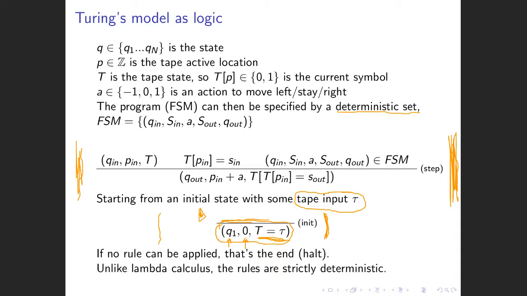So we don't have to go and prove something like a Church-Rosser theorem, because it's only ever going to go one way. And we don't have to worry about how to implement it. We don't have to make those decisions about call by name versus call by value. So you won't often see a Turing machine presented in this form. This notation is much more popular with the lambda calculus